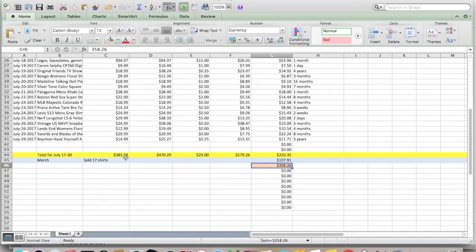Total $383.58 is what I collected for items. $470.29 is what eBay and my husband see. $29 for cost of goods. The biggest bit was $15 for the Legos. But to me, I guess that was worth it because I made almost $100 on that. Well, okay, never mind. If you look at how much I really made, I made like $50 on that. Anyway,